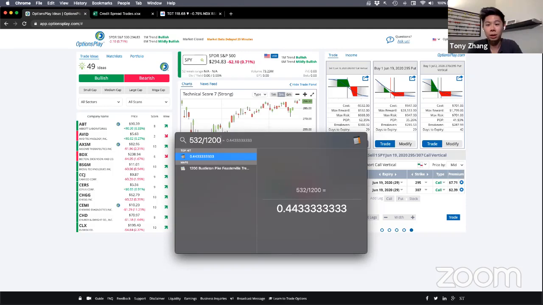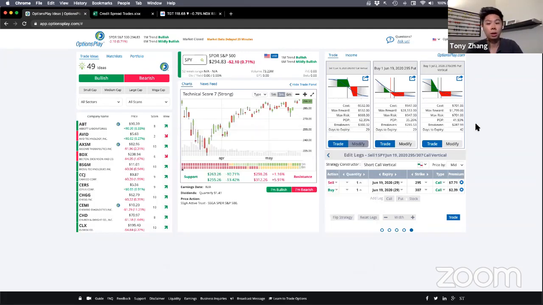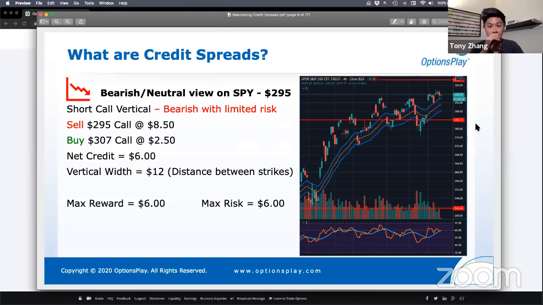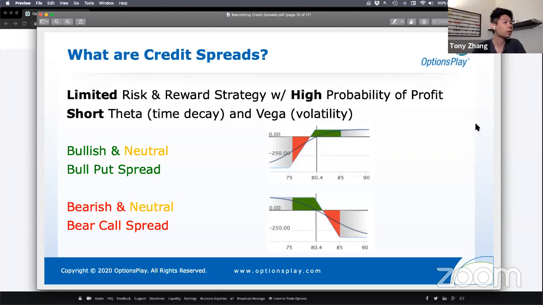And that's how you can gain an edge when you're selling credit spreads. So this is just a quick example of some of the things that you should look out for when you're selling a credit spread. As we said, credit spreads are limited risk to reward strategies with relatively high probability of profit. They're forgiving strategies, meaning even if the trade goes a little bit against you, you can still make